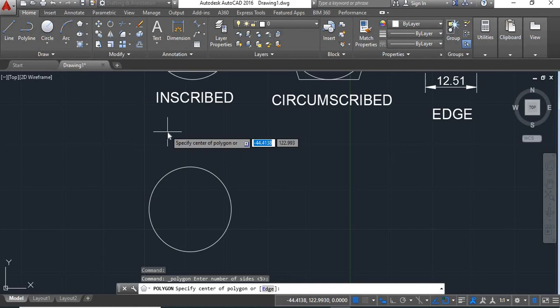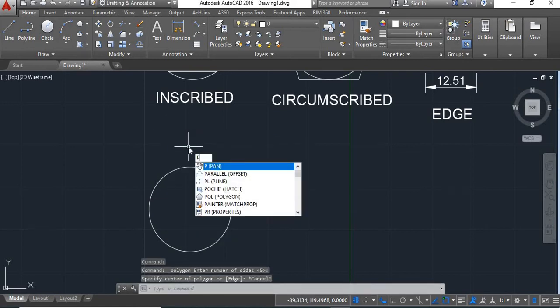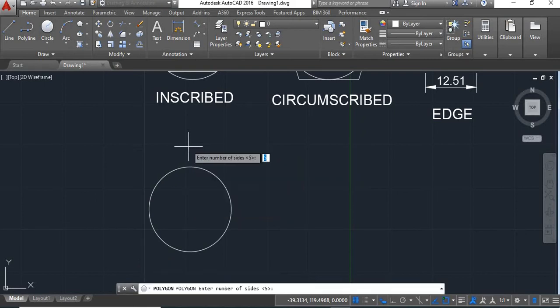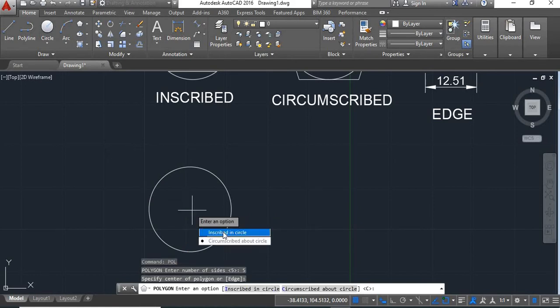The shortcut key for polygon is POL. I'll give shortcut key POL, enter. Now here you have to enter the number of sides. I want 5 sides, so I'll give number 5, enter. Now you choose the center of the polygon. I'll choose the center of this circle. Click on the center. Now here you will get the options inscribe in circle and circumscribe about circle. You choose inscribe in circle,